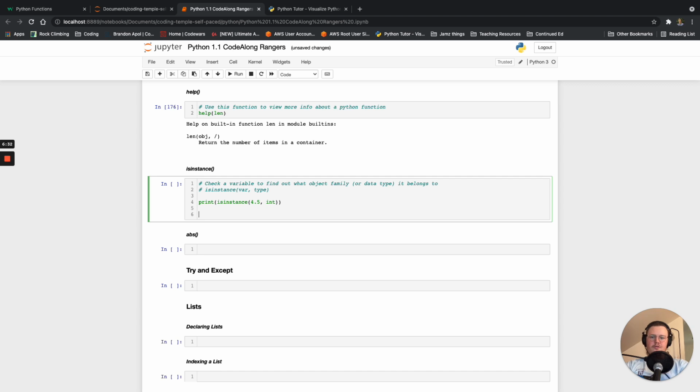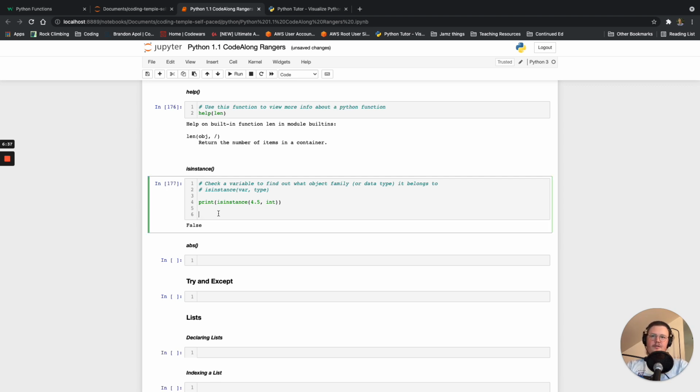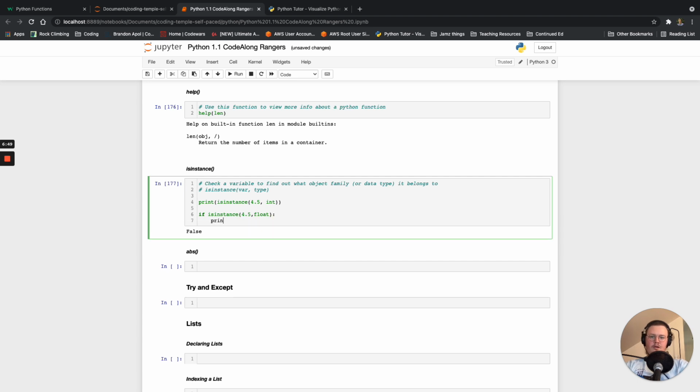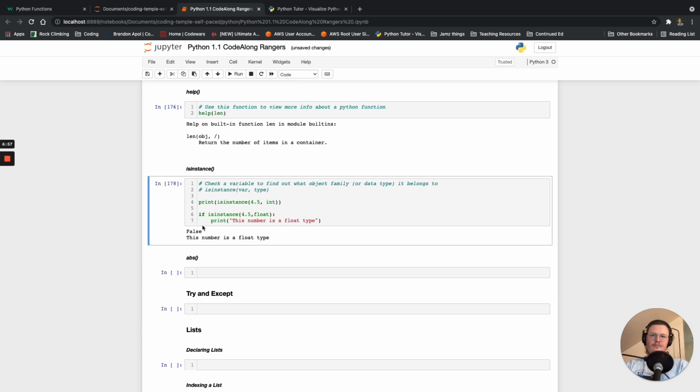That would be true. So if, well, first of all, we can just print it, right? So it says false. And we could also do this with an if statement, right? Say if isinstance 4.5 float, then print this number is a float type. Okay, so that's a nifty way that we can do that, right? Again, you could use this as a variable,